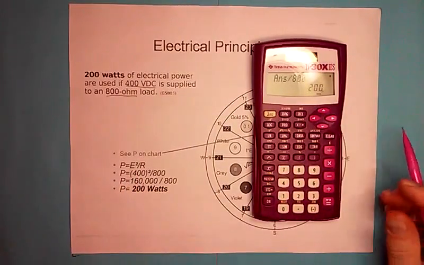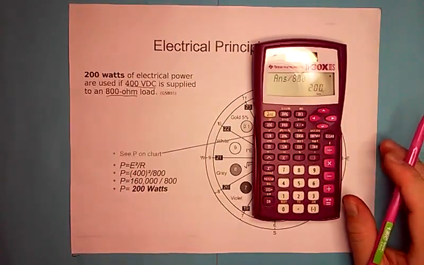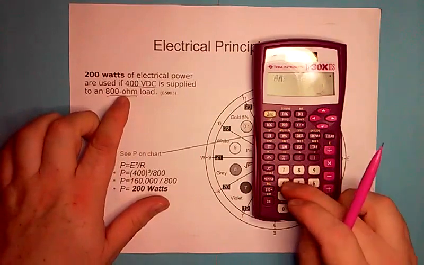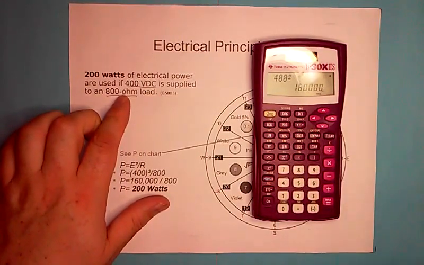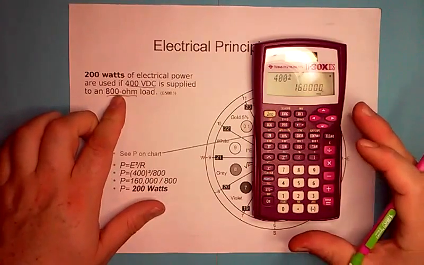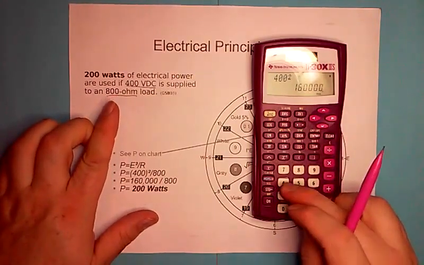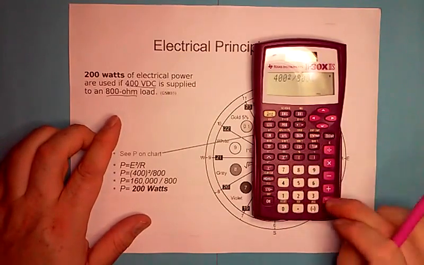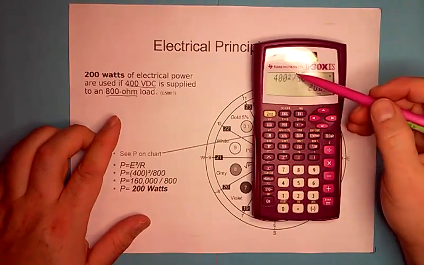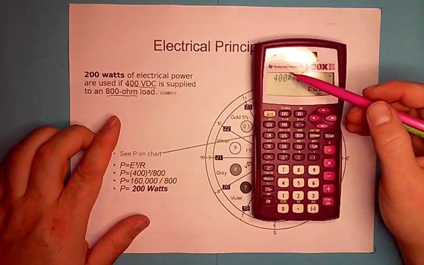Now, a little note about scientific calculators. You notice that I put in 400 squared and hit the equals. Order of operation is really important on these calculators. If you just type in 400 squared and then divide it by 800, what it will do is